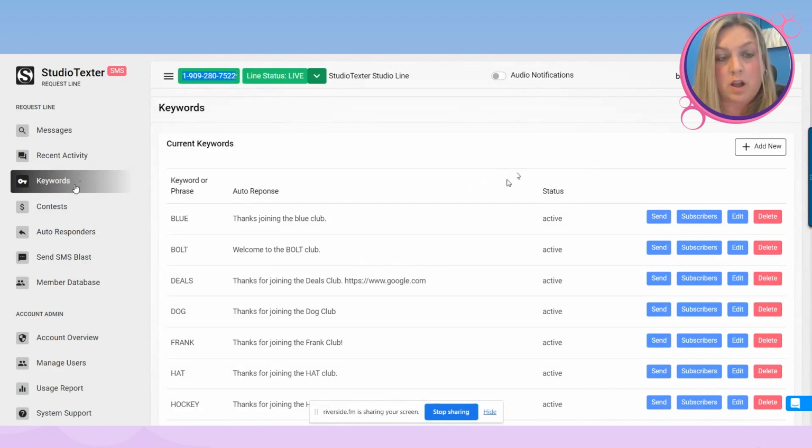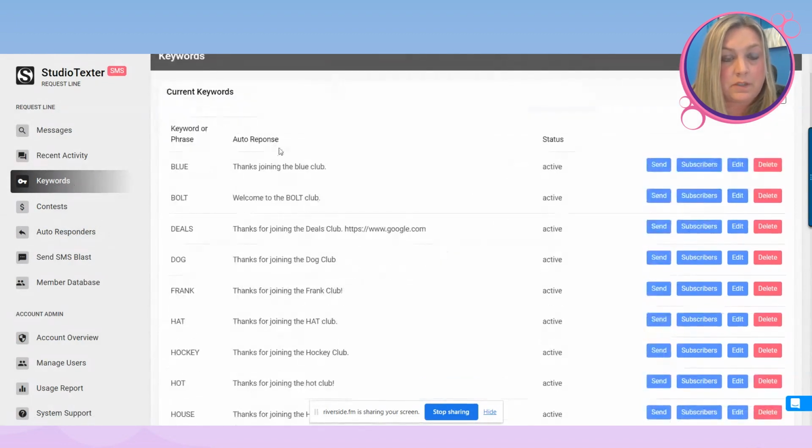If you're going to do a contest and you're going to pick a winner, then you're going to want to use our next topic here under contesting. So if you're not picking winners, and this is more like long term for your station, keywords is the best way to go. So as a quick example, you can see right now on this demo line, we've got a